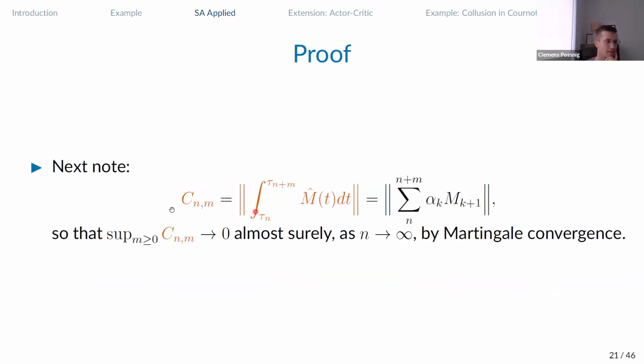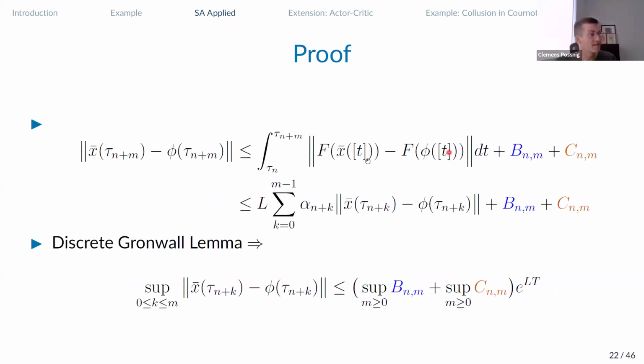Similarly, if we look at the second or the third error term, the stochastic error term, that's just this weighted average of these martingale difference terms. And because that's a square integrable martingale, the martingale convergence theorem holds. So the tail sequence of this series also has to converge to 0. So we also get rid of the stochastic error term. Now that's nice because we can look back at our initial difference that we want to consider, which I've rewritten here.